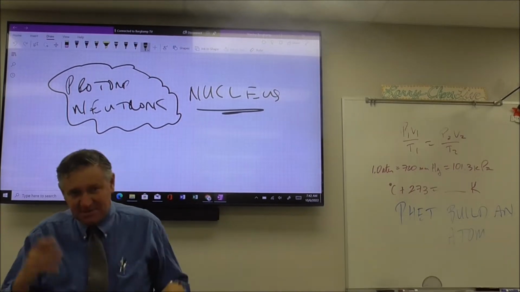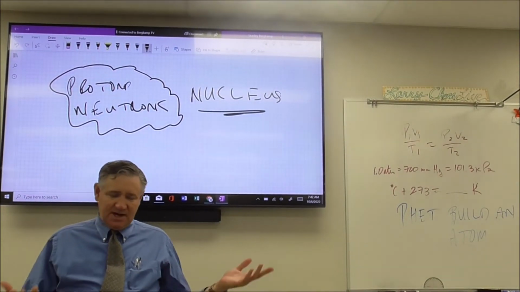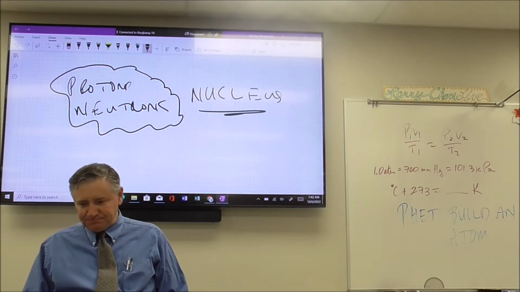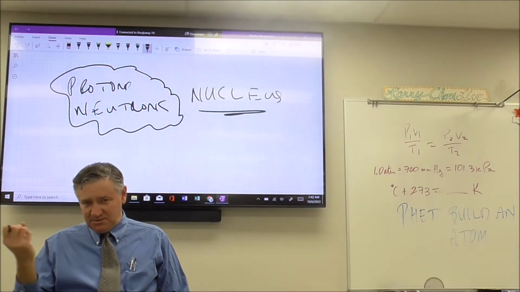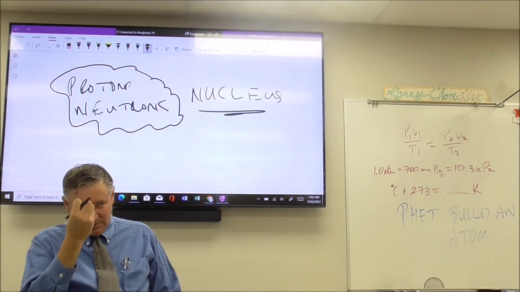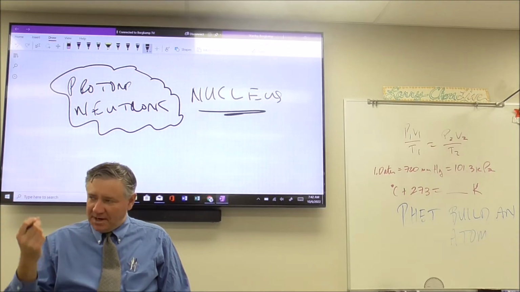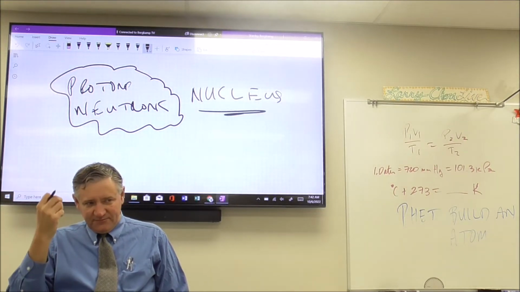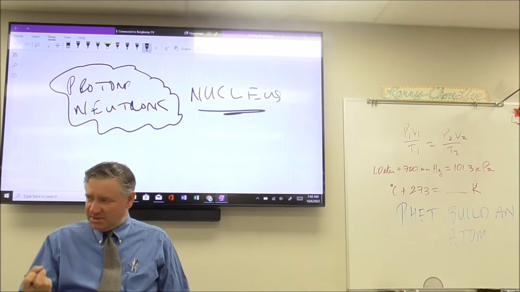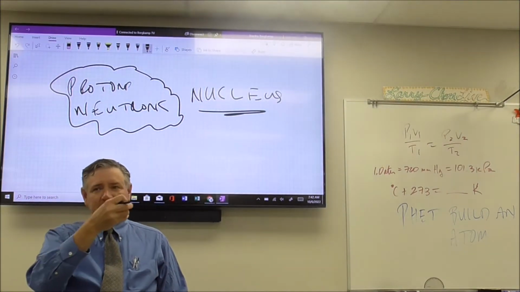So here's the dichotomy between the nucleus and the structure of the atom and how everything fits together. The protons and the neutrons are held together in an incredibly dense nucleus. They occupy a very, very small percentage of the volume, but they contain 99.9% of the